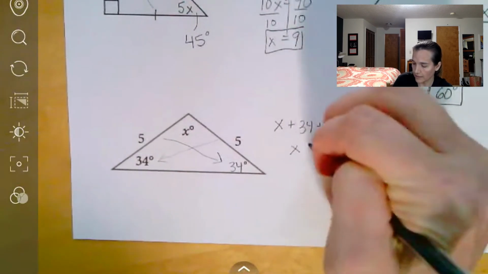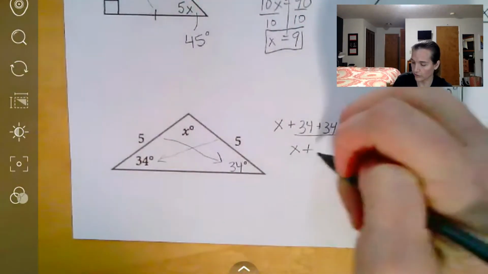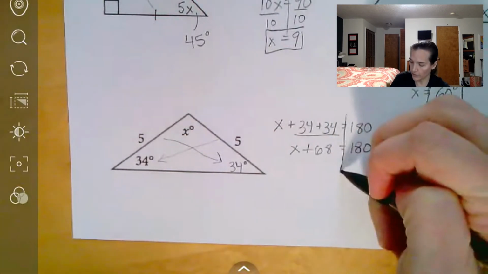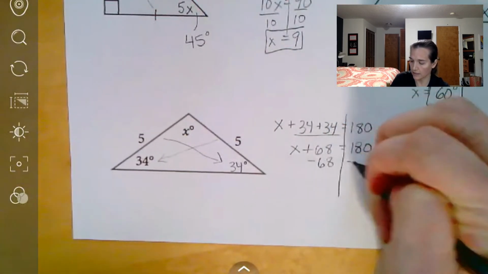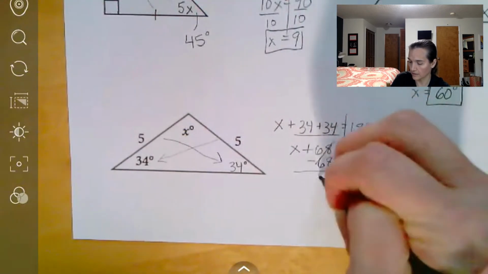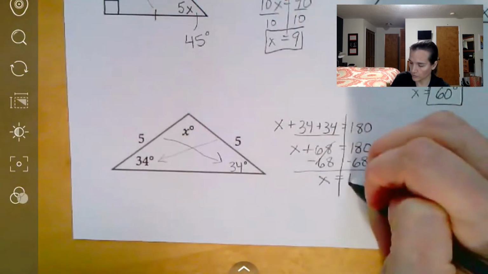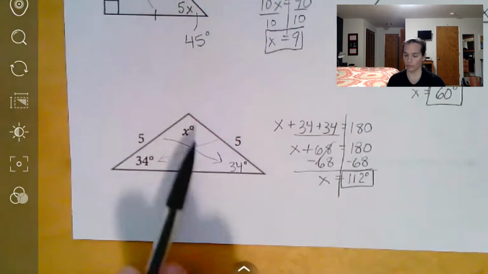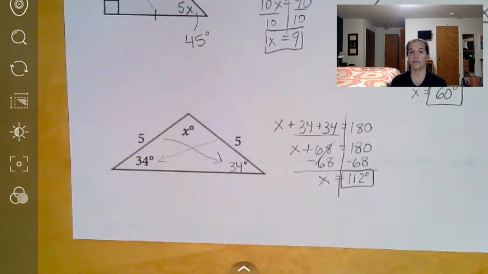I'm going to combine like terms. So I'm going to add 34 plus 34. That's going to give me x plus 68 equals 180. And now I'm going to solve my equation by subtracting 68 from both sides. That leaves me with x equals 112. And in this case, that is the value of x, but if I look up here, it's also the value of that angle. So the angle is 112 degrees. So that is how we use special triangles, scalene, isosceles, equilateral, and of course we can also name them by their angles: